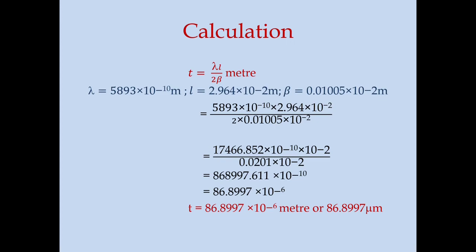So the thickness of the given object, that is a human hair, is found to be 86.8997 into 10 power minus 6 meters, or 86.8997 micrometer. 10 power minus 6 can be written as micro. Generally, the thickness of the human hair lies between 80 micrometer and 120 micrometer. So this is the expected